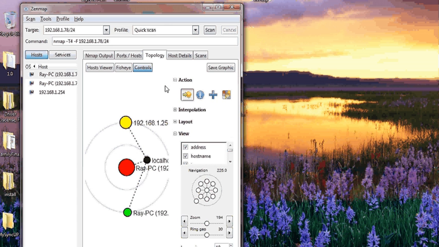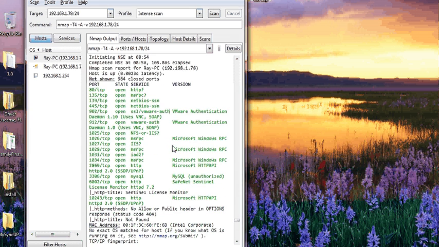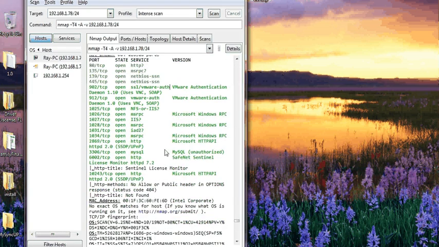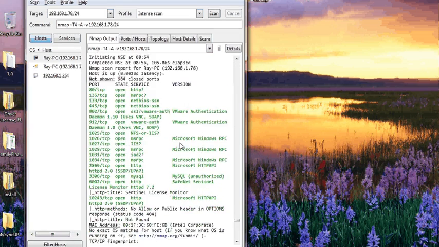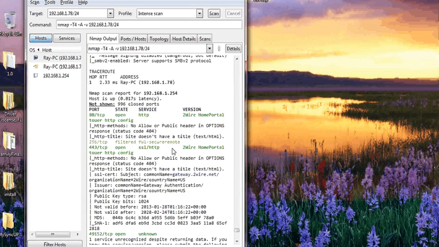Okay, let's try the intense scan again. Okay, here are the results of the intense scan, and it's very interesting to find how much information you can get from this open source free scanner. Here you can find many open ports, and very much information,